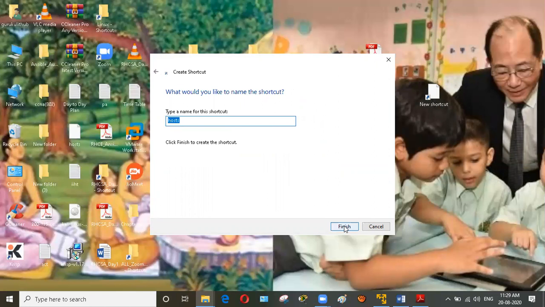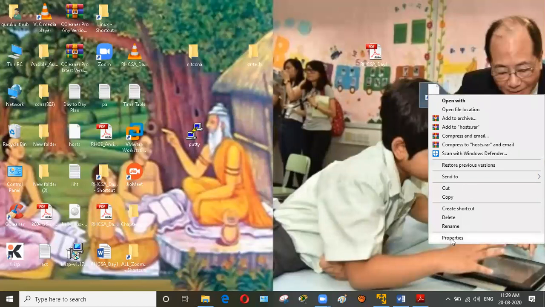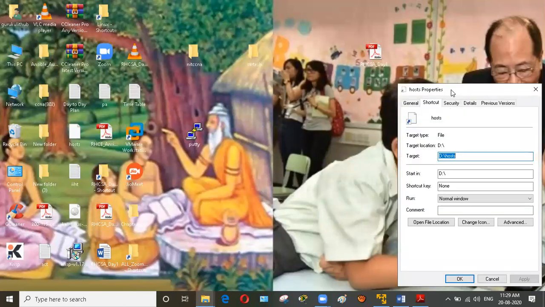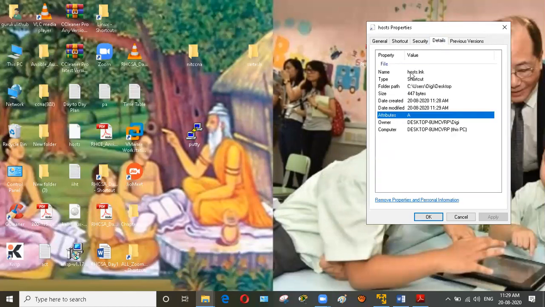So we will create a soft link. It's just like a soft link. If we want to check whether it's a link or not, we can check in the details section. In the details section, what is this? It's a link. The extension is .lnk. It means it's a link. What is the file type? It's a shortcut. From which location will it open? It will open from the desktop, on the C drive.